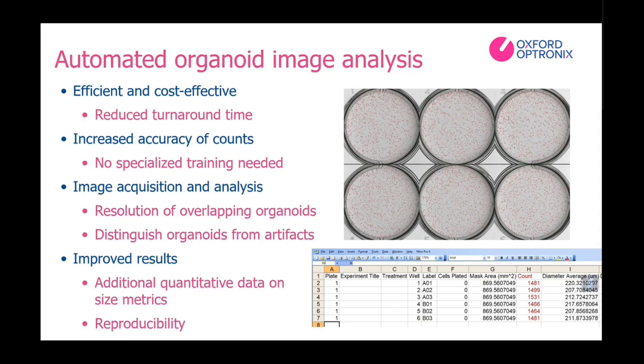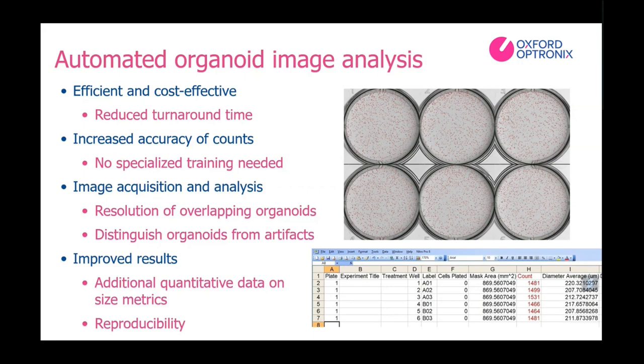On top of that, these automated systems use high depth of field imaging and combine that with powerful algorithms, leading to unsurpassed quality detection performance. This detection includes the resolution of things like overlapping organoids and differentiation of real organoids from debris or other artifacts. Furthermore, today's automated systems do enable operators to set defined size thresholds for counts. An example of this being exclusion of organoids based on size or shape-related parameters, as well as general object detection